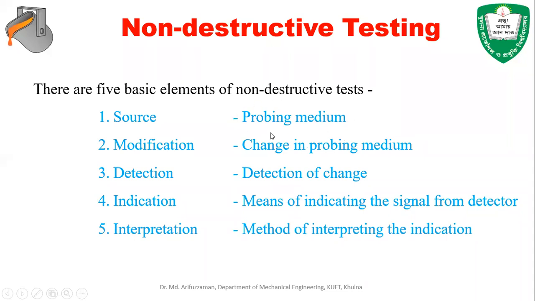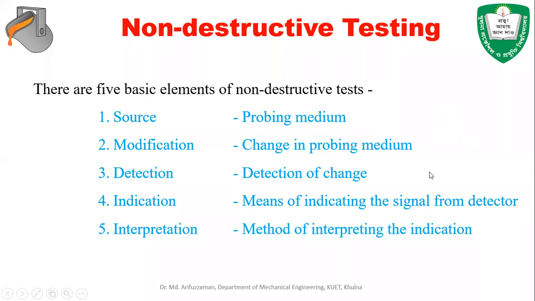For example, if we talk about the litmus test for acid or alkaline, we use the litmus paper, which is a medium. When we dip it into the liquid, we see that the medium changes its color. So the probing medium is the litmus paper, and the change in the probing medium will be